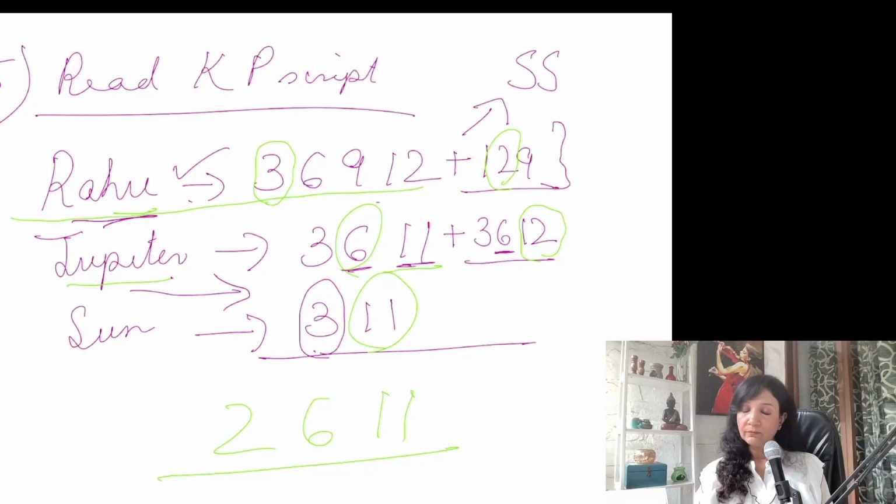So Rahu will also work as Star Lord, and Jupiter will also work as Star Lord, and Sun is a sub Lord. So Sun is showing 3-11. That means this is a strong combination when it comes to the finance script. See, if you see positive combinations or strong combinations in the static,